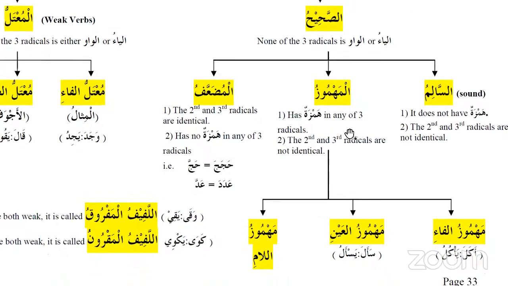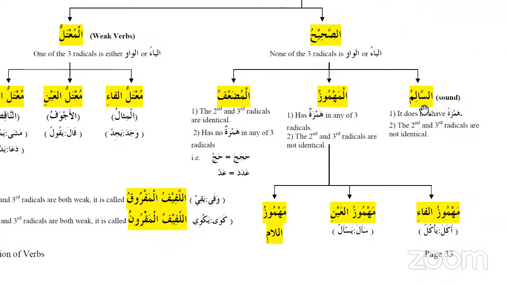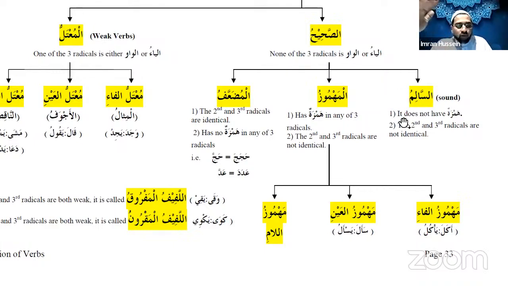Now, next one is mahmuz. The reason why they have this category is that in each of these categories, sometimes there are some exceptions with regards to the verb conjugation. The purest verbs are salim. So salims are the verbs, fi'l sahih, the ones which come on the original default grammatical form itself. There are no exceptions as such. There are no changes. The ones which have the changes are the weak verbs. The mudhafs have some exceptions, and the mahmuz have some exceptions from the original ruling of the salim verbs.